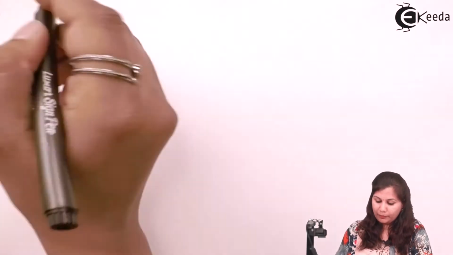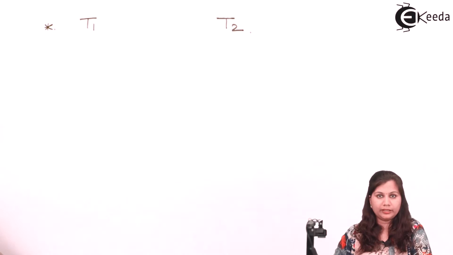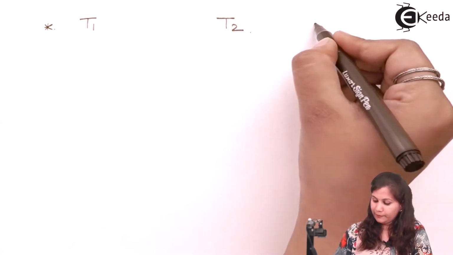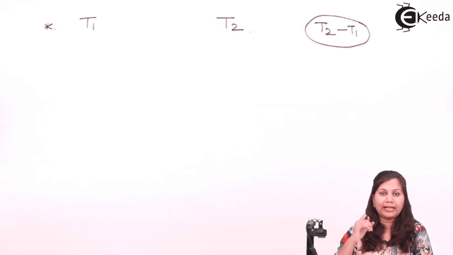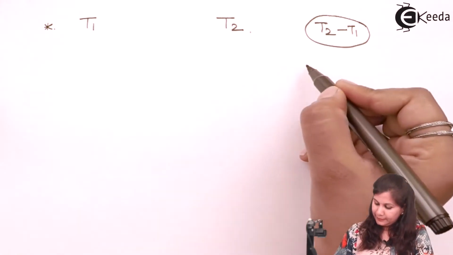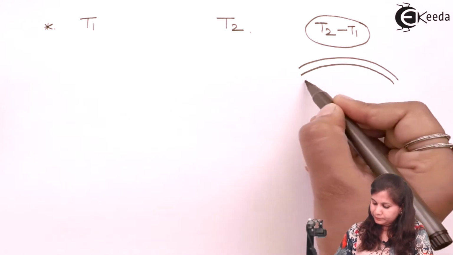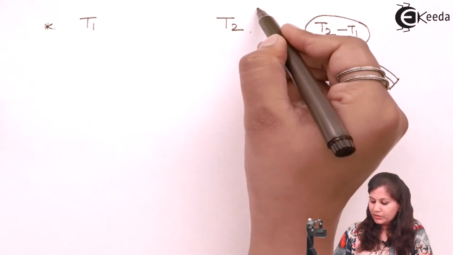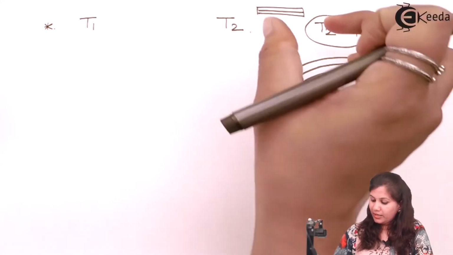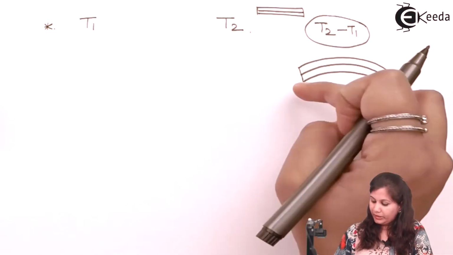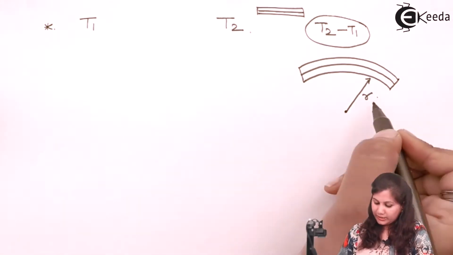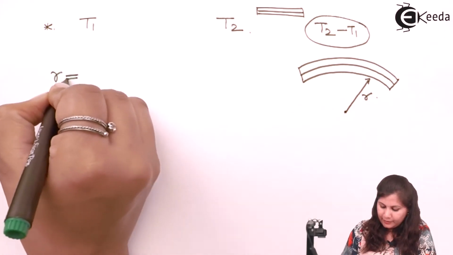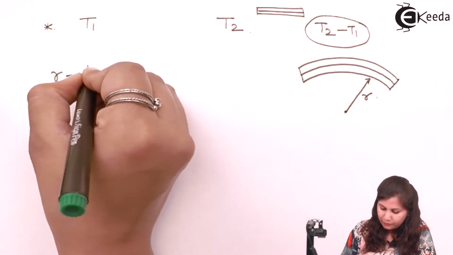Now, as I have said, when this bimetallic strip is subjected to any change in temperature, suppose that earlier the temperature is T1, after that the temperature is T2. So the temperature difference is T2 minus T1. When this temperature change occurs, the bimetallic strip is going to bend and take the form of a circular arc. Earlier a straight strip was there. When the temperature changes, it is going to bend. Now it is in the form of a circular arc, and this circular arc will have a radius given by small r. Now this radius r is given by the relationship